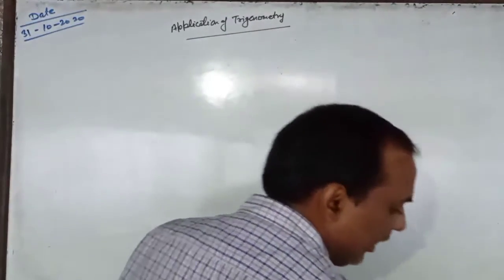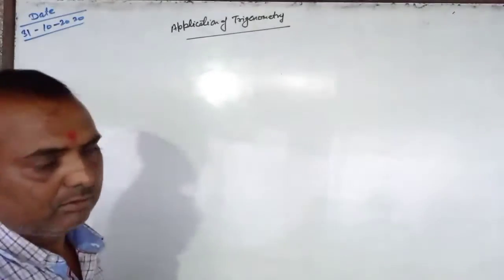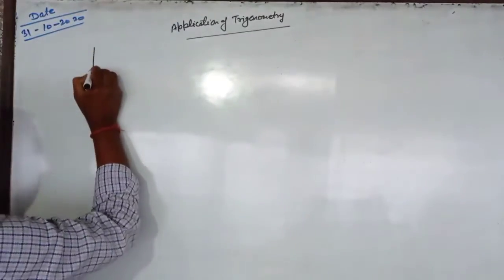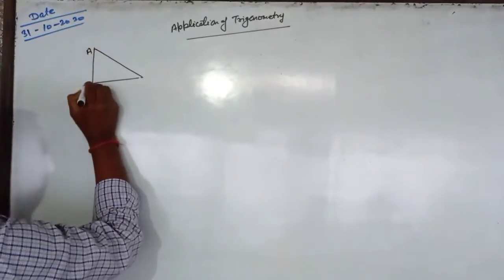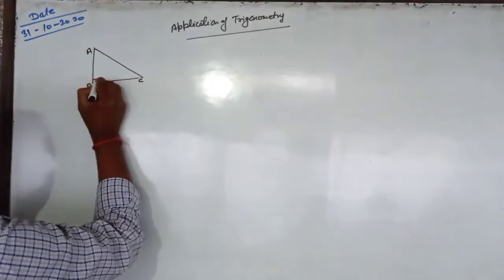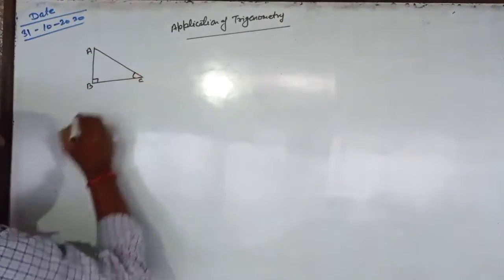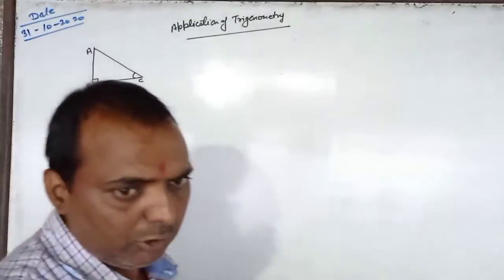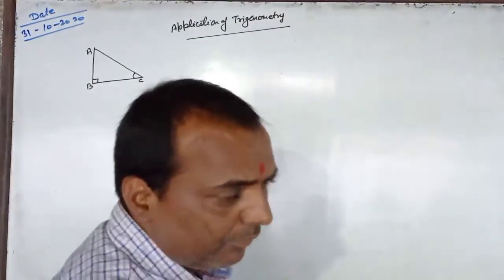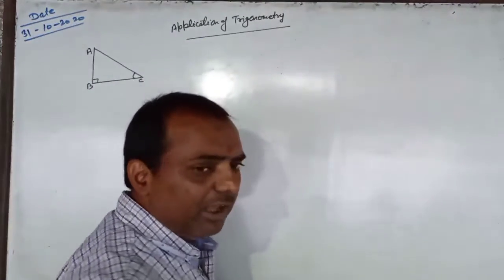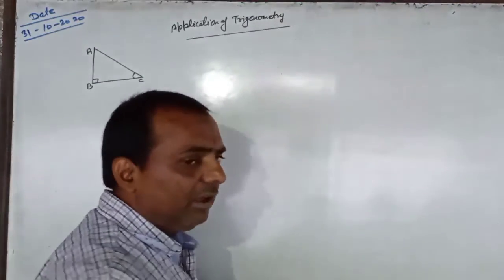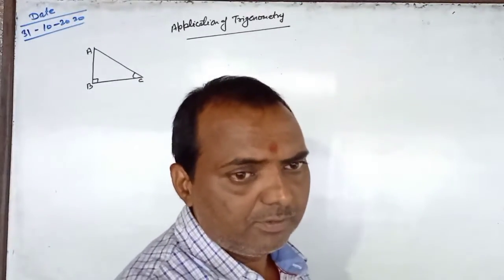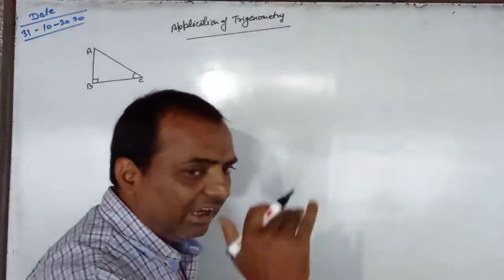Now see here, if in a right angle triangle ABC, if one angle is given, usually when we see any object in front of us, there may be two points. If that is on a high,